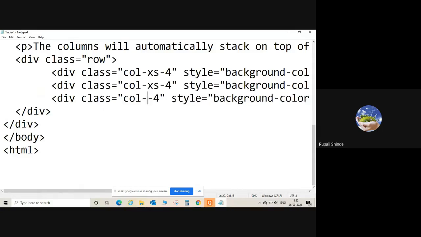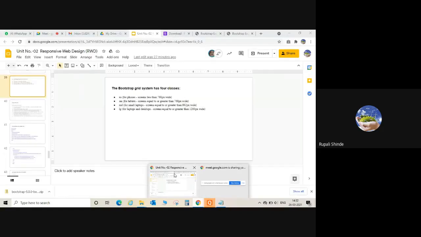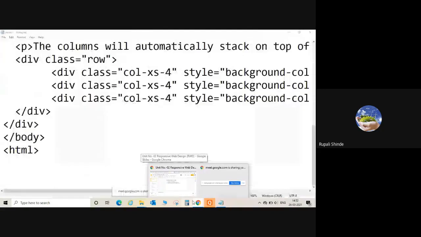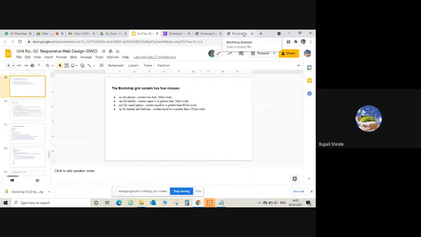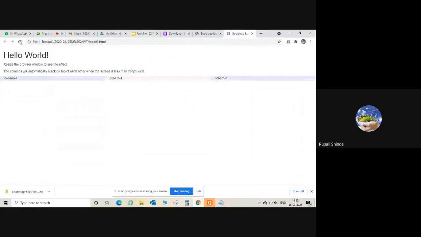I think it is having some different number. Yeah, it is not having any change.